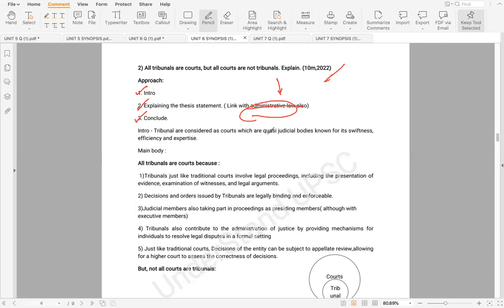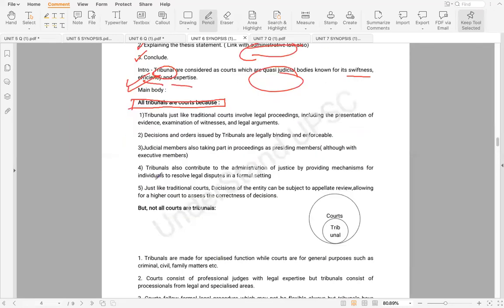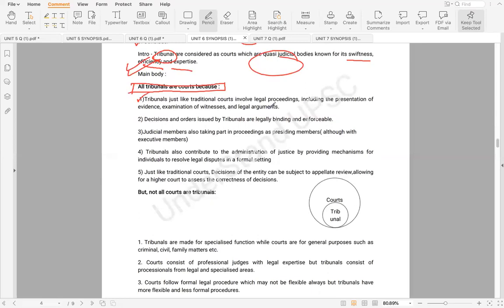Tribunals are considered as courts, which are quasi-judicial bodies known for their swiftness, efficiency, and expertise. Main body: all tribunals are courts because tribunals, just like traditional courts, involve legal proceedings, including the presentation of evidence, examination of witnesses, and legal arguments. Second, decisions and orders issued by tribunals are legally binding and enforceable, as in any ordinary court. Judicial members also take part in the proceedings as presiding members, although there are executive members as well, but in ordinary courts, you have judicial